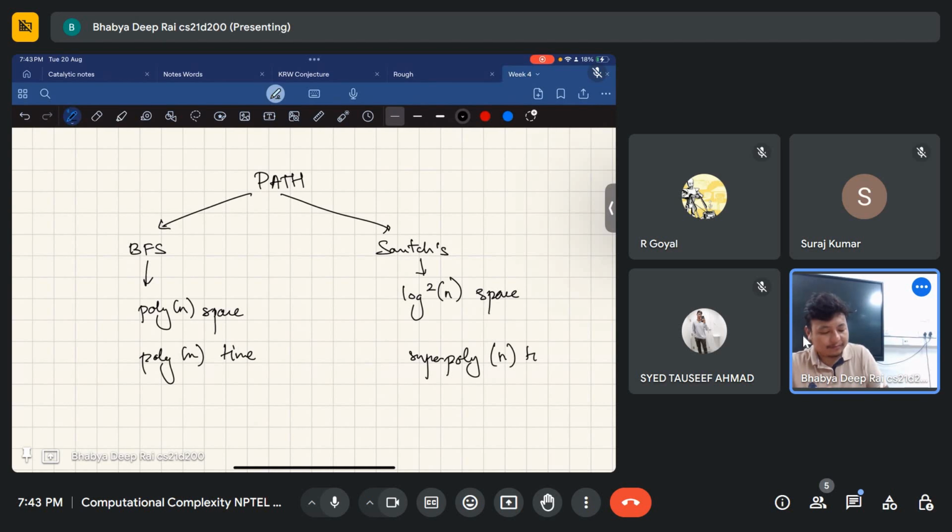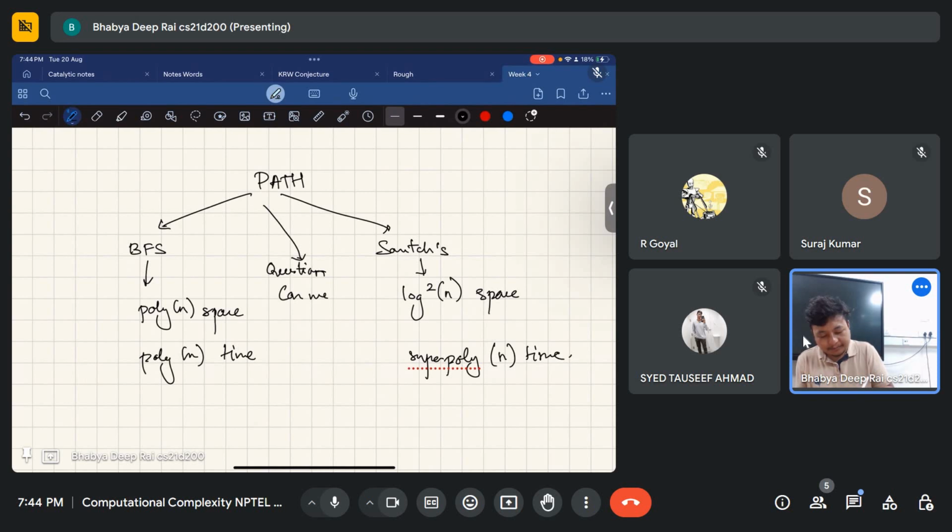So you get this trade-off, right? If I use BFS, I'll use more space, but I can save time. If I use Savage's, then I'll use very little space, but I'll blow up on time. I have this trade-off. Okay. Now, question is, and this is an open question till now, is